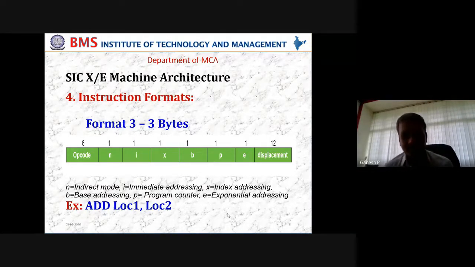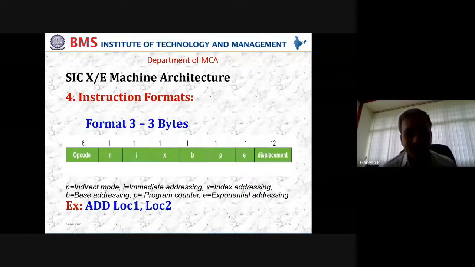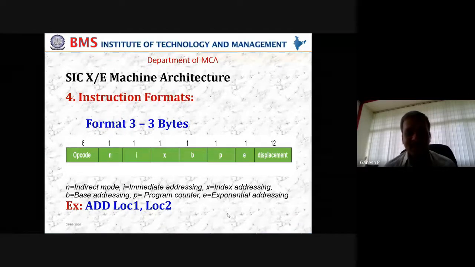But now, here in SIC XE, since it is an advanced version of SIC, obviously some complexity has been added. Some flexibility also comes with the complexity. Thereby, this complexity is in terms of now NIXBPE. So depending upon what value we have for NIXBPE, we can judge that this particular instruction is based on this addressing.